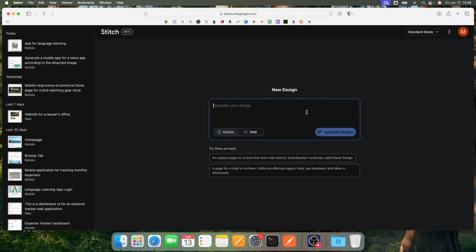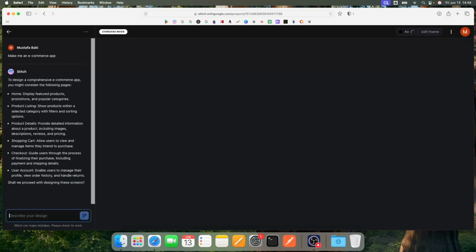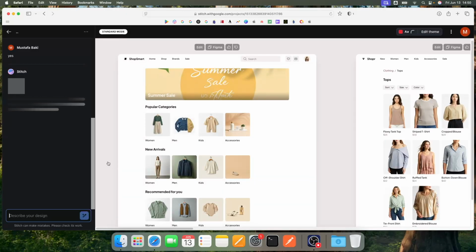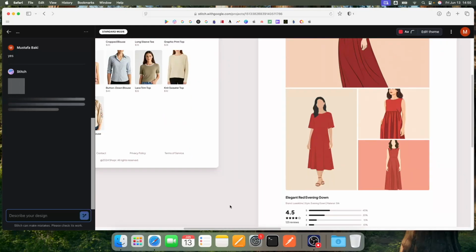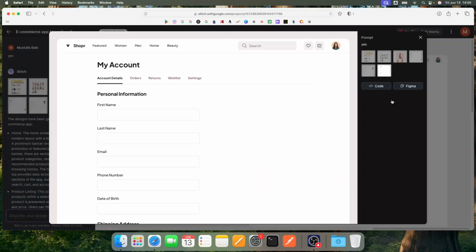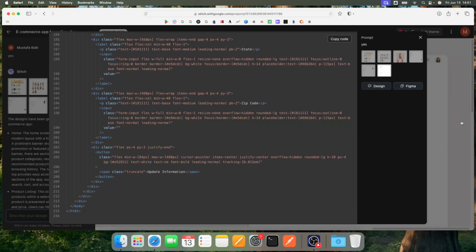In addition to mobile apps, you can easily design the user interfaces of your web applications. The same logic applies. Just don't forget to choose web instead of mobile. Let's design an e-commerce web application this time. Everything is basically the same, only the platforms differ. You can also get the source code of the web application design, which saves a lot of time during development.